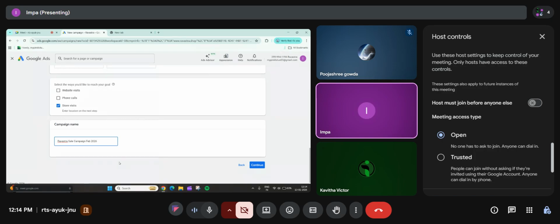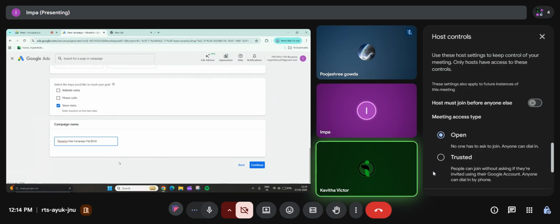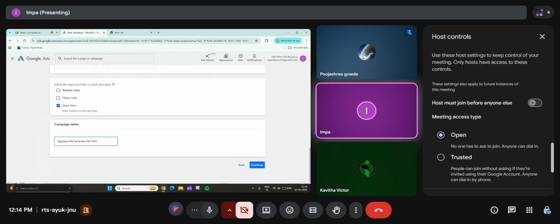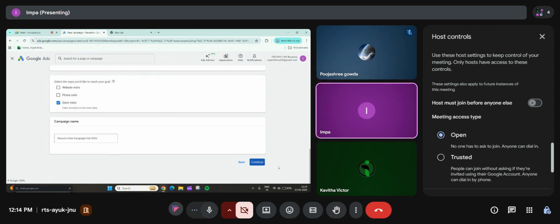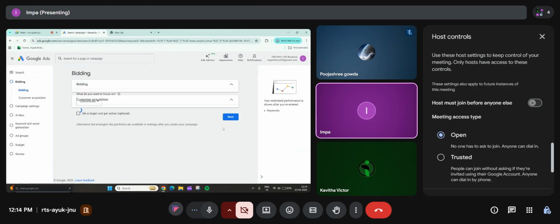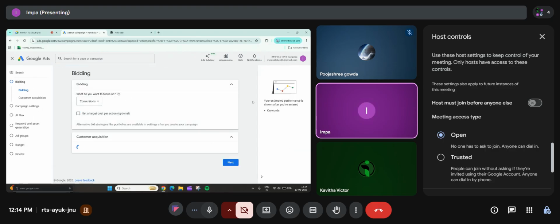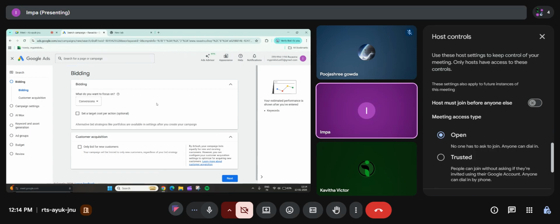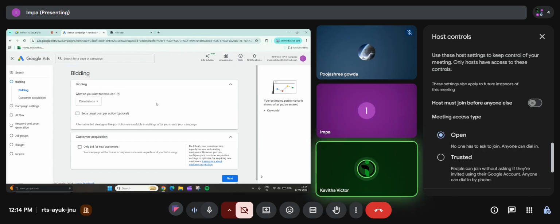Okay. Now click on continue. So what do you see in bidding here? It is in this stage, on the left side.